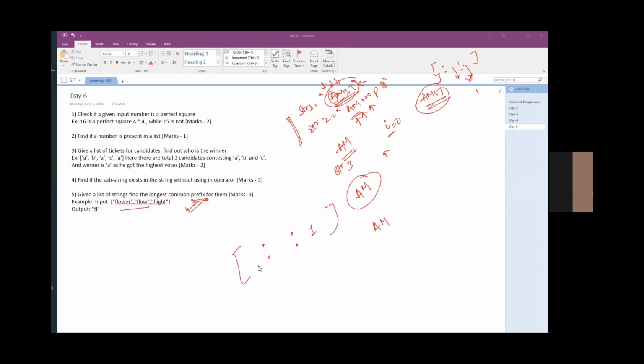I can start from 0 and go till the end of the smaller list. And you can add logic to use this slicing and striding operation with some iterator value like i.